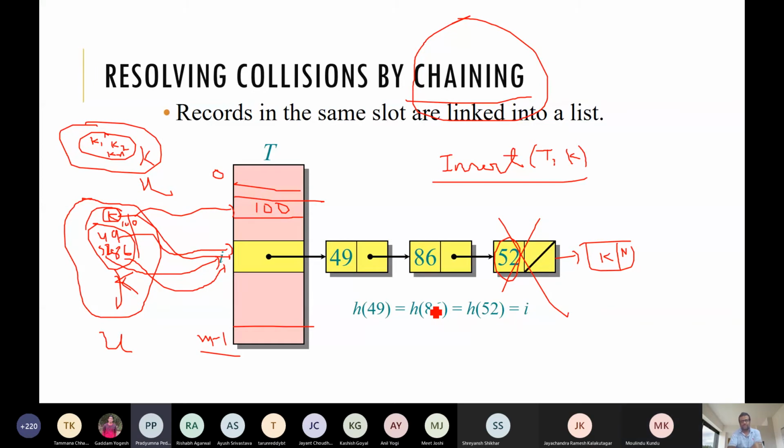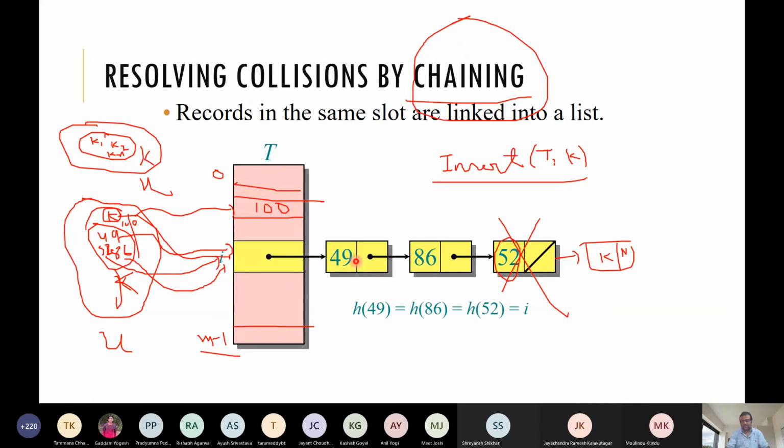n by size of the k. Linked list. What is the worst case? N. Yeah, because it may happen that all the keys are colliding in the same slot. Our hash function is such a bad hash function that all the n keys are colliding in the same slot.